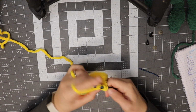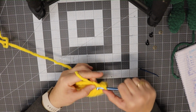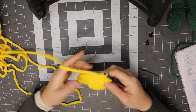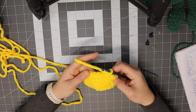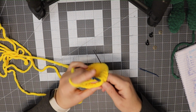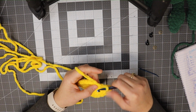So 1, 2, 3, 4, 5, 6. And if I'm crocheting faster than you, I'm sorry, just pause the video, but you will go all the way around and you get 30 stitches total. So here's your 6, 7, or was that 7? Let's count. 1, 2, 3, 4, 5, 6, 7. Okay, we have 8,